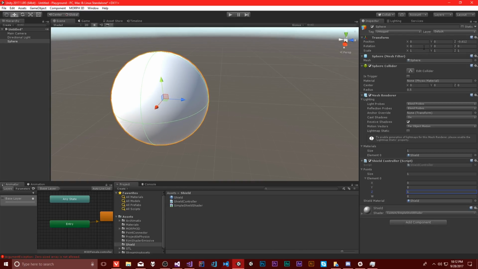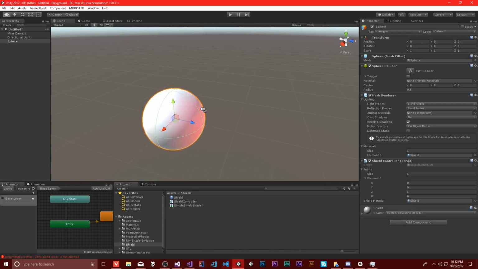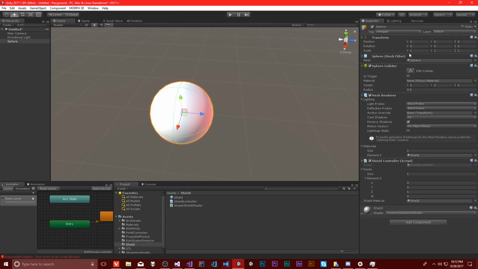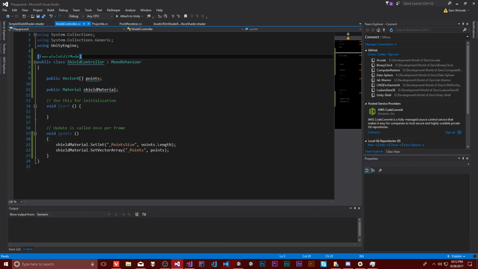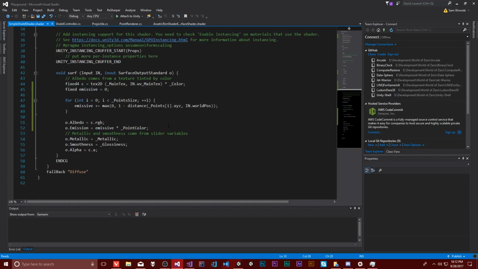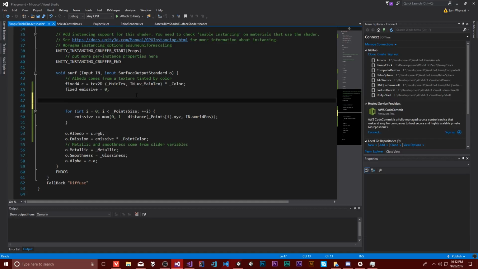So let's put that at 1 and 0 this. And so since this is 0'd now, when we convert this to object space, I expect to be able to rotate this sphere and for this color to stay in place. If that isn't happening, then it's not working. So that is the next thing we want to do. For that, we really just need to change this value. We need this input world space. I'm going to smack my mic a bunch, but we're going to change this input world space position to be in object space. And so there is a multiplication thing for that,